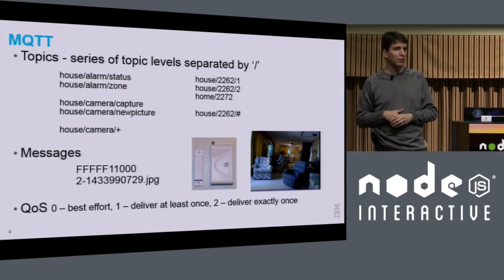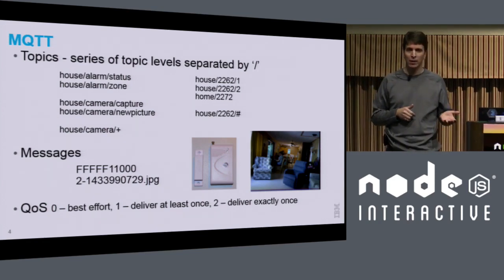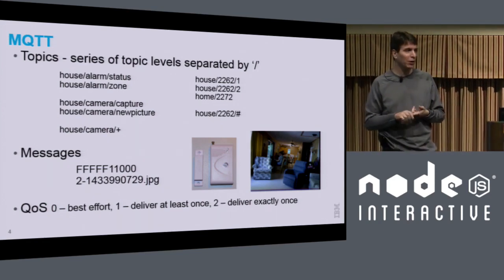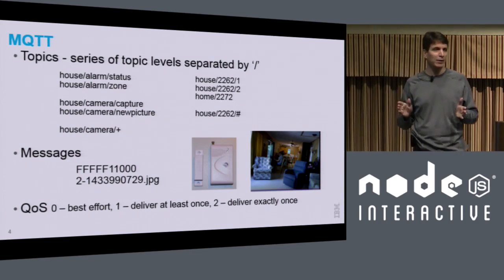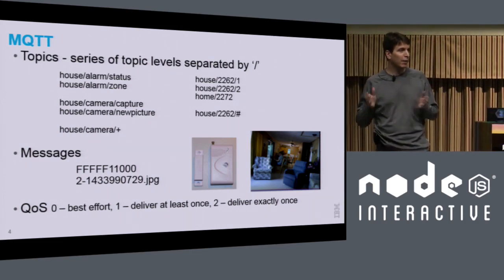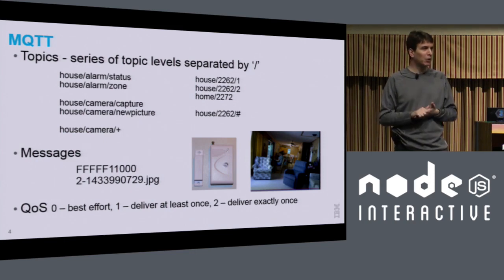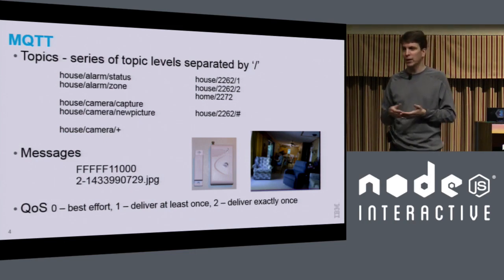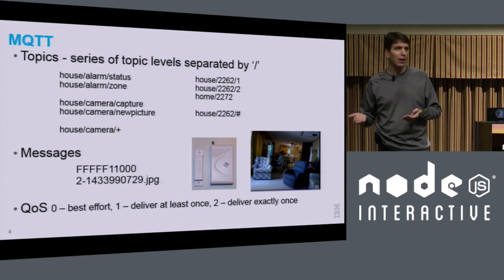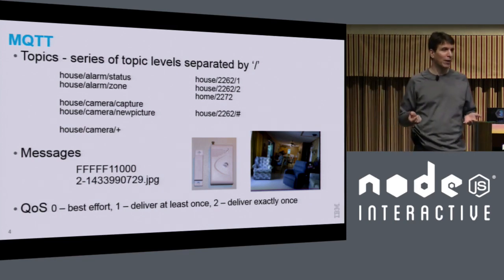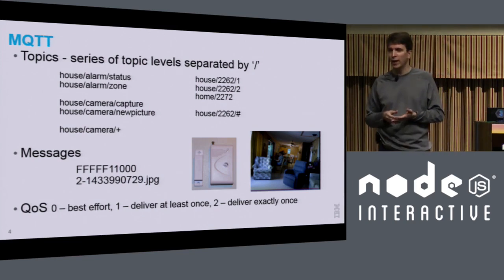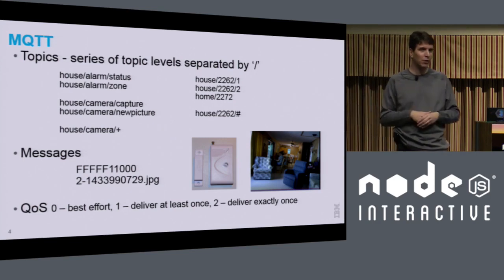The last one is the quality of service. MQTT provides 3 qualities of service. Level 0 is basically just best effort. You're going to publish your message. It may or may not get there. Most of the time it will. For things like temperature sensors, that's perfectly fine. If you're sending out the temperature every 30 seconds, it really doesn't matter if you lose the occasional message. It's got the lowest overhead, the lightest weight, and so it's good to use